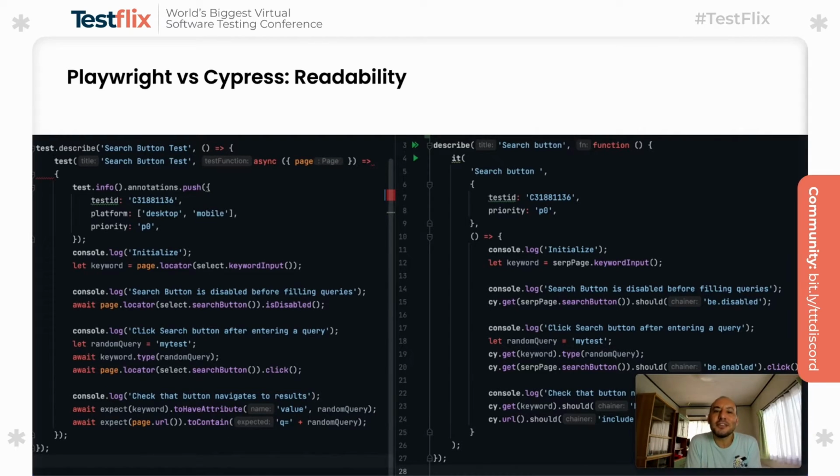It's almost like the natural language that we use in daily life, right? When I read this line, I could immediately understand the button should be disabled. In Playwright, it's slightly different, but very similar. But I can say Cypress might be a little bit better in terms of the readability of the code.